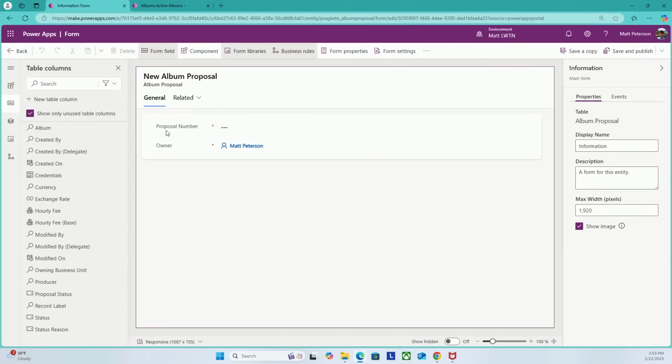And you can always give this a better name if you wanted to. If you want to call it your album proposal form, whatever. I'm just going to keep it information for the time being. Now, before I add in all these other columns, proposal number, the way I set y'all's table up is that